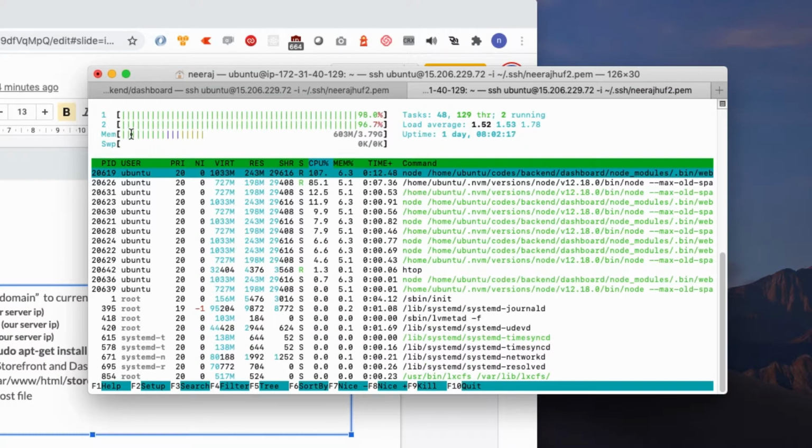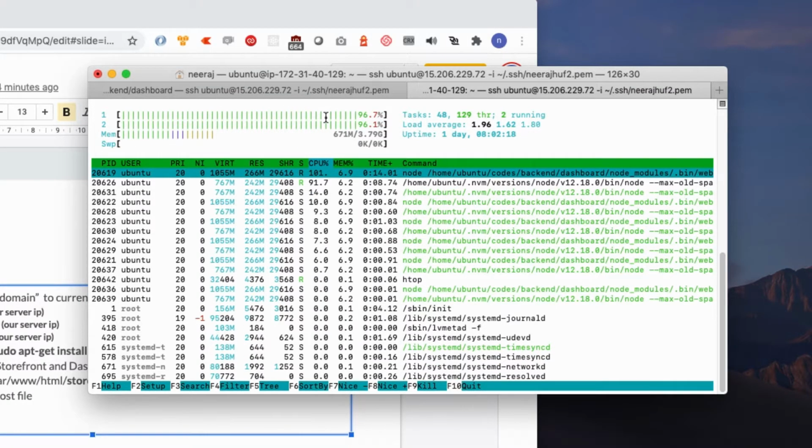While running, this process is really CPU intensive and memory intensive. As you can see, both my cores are almost 90% filled. So I will recommend running this process locally and pushing just the dist folder code to the server.